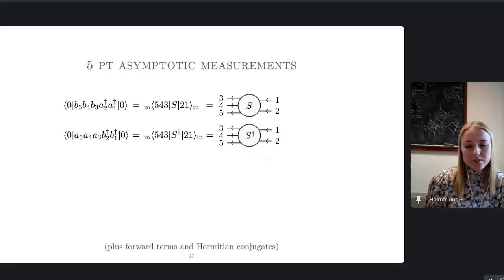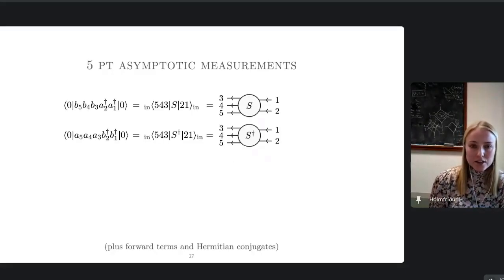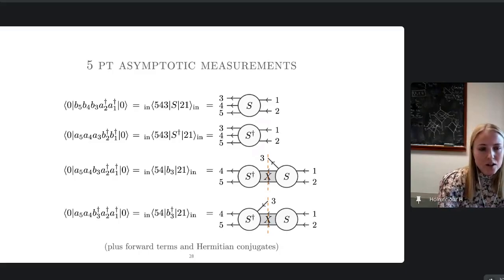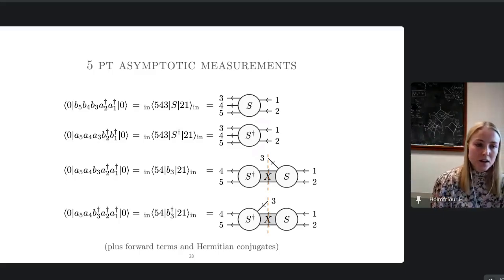All right, but at 5 points, this is not actually the only thing we can write down, because now we can write down terms like these, where we have A dagger, followed by a B, followed by an A, and then an A. So basically what this means is that we have an expectation value of a B, of a future operator, in the background of past operators.